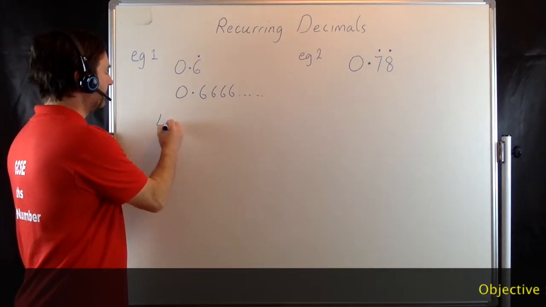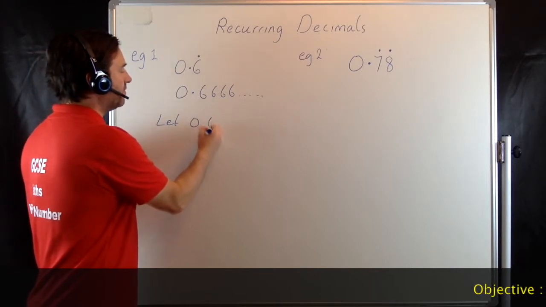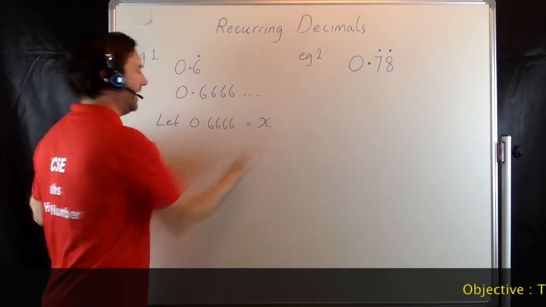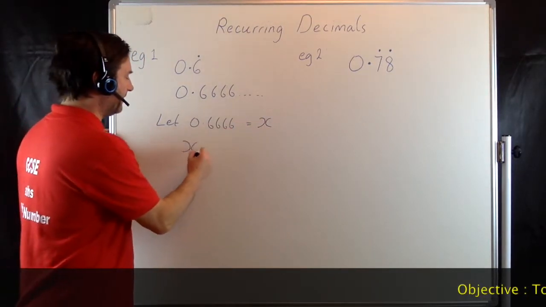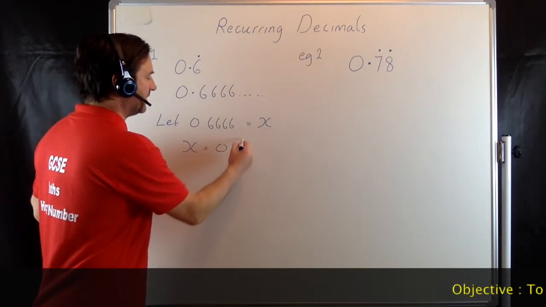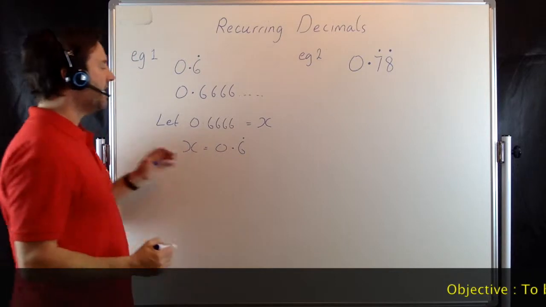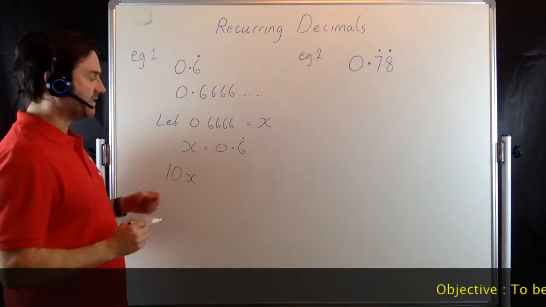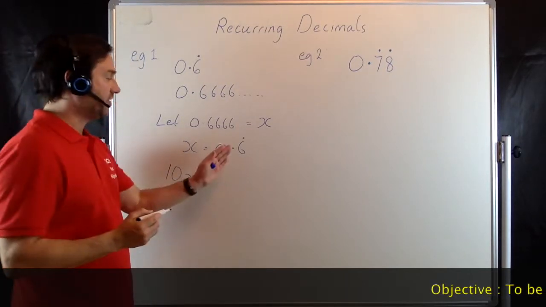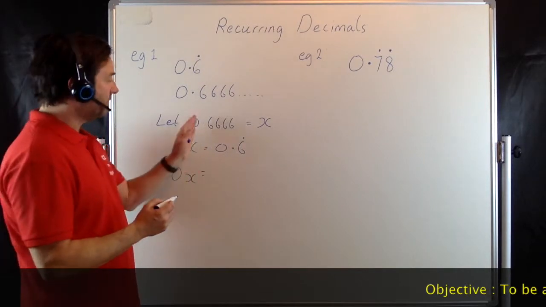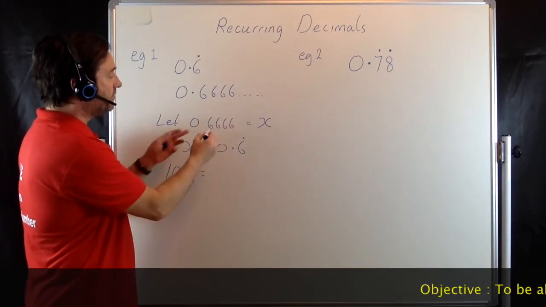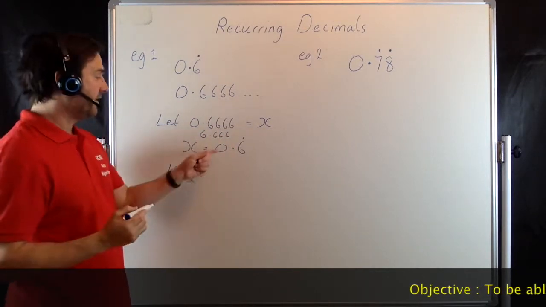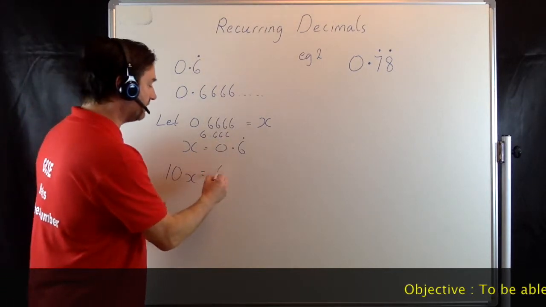So if we let 0.6666 equal x, so we have x equals 0.6 recurring. Now if we times this by 10 so that we had 10x, our digits are going to move to the left. So if you imagine on this one here, if the digits move to the left, we're going to have 6.666 carrying on forever, and with the recurring sign it's just going to be